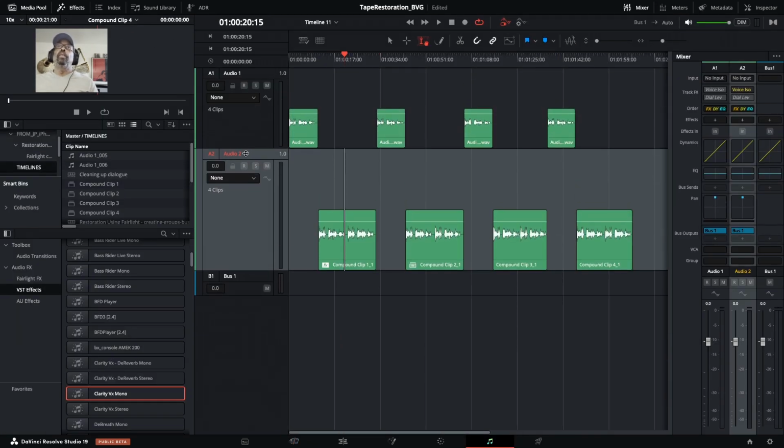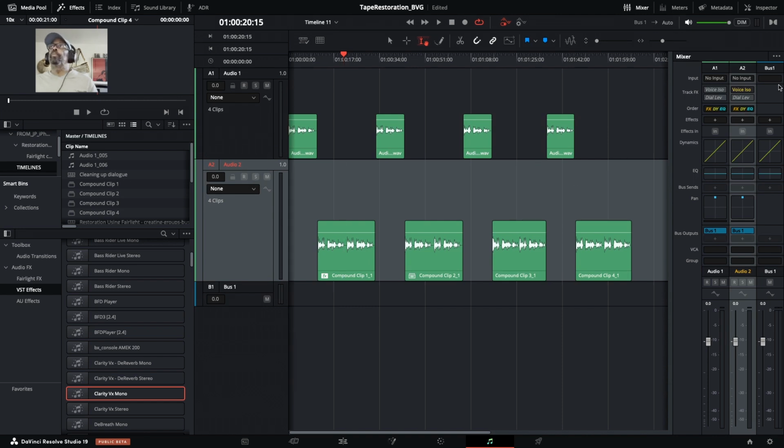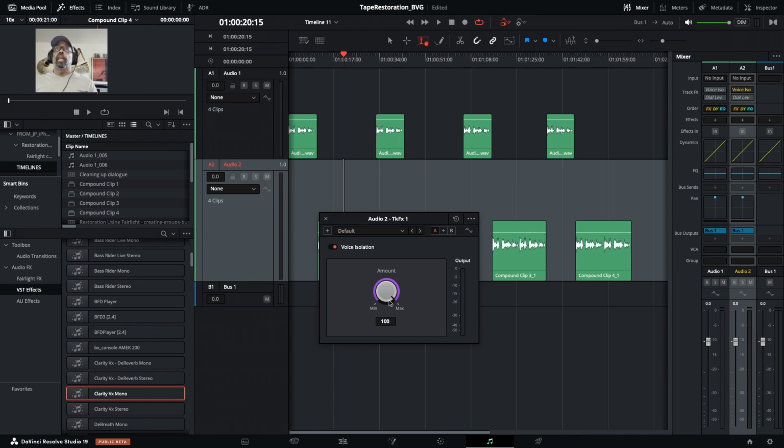All right, now that I'm in Fairlight, once again, you can see you have access to the track level voice isolation. Simply select it,